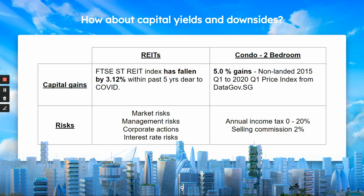So for REITs, let's use a good 5-year time frame, okay? Meaning 2015 to 2020. For REITs, we're going to use reference to the FTSE Straits Times REIT Index, which is basically a basket of 37 REITs, and this actually gives a good representation of the REIT performance in SGX. So for 5 years, REITs have dropped in value by 3.12%,